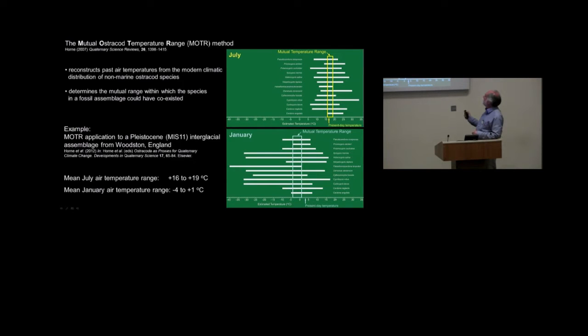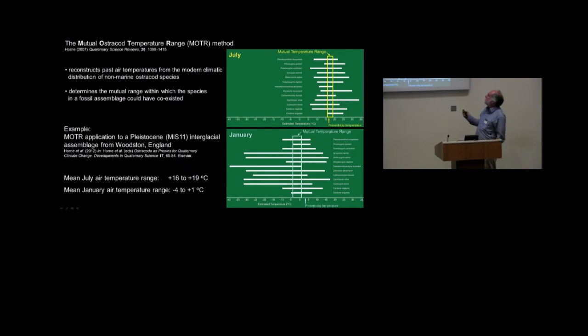Calibrated species ranges based on the modern distributions of the species are basically lined up for a fossil assemblage, and then we fit a temperature range as closely as possible to that shows us the temperature range within which all of those species could have coexisted. We do it for July for summer and January for winter, and comparing that to present day temperatures, you can